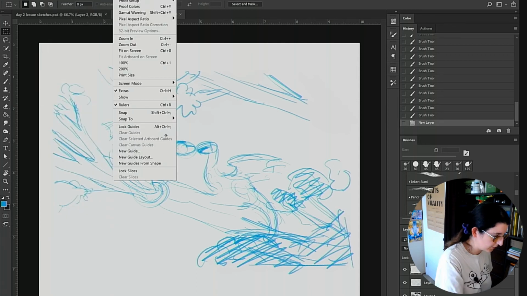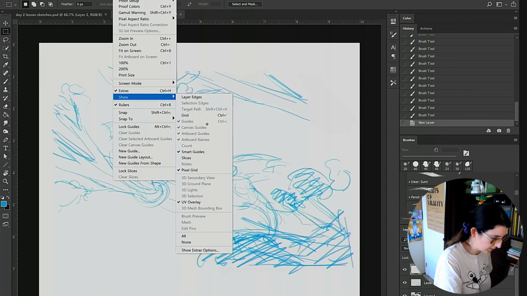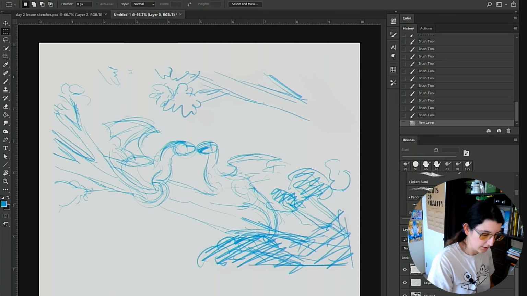View. Is there guides for rule of thirds? I don't think there is. Okay, we'll wing it. That's okay. We can wing it. So rule of thirds is if you were to divide